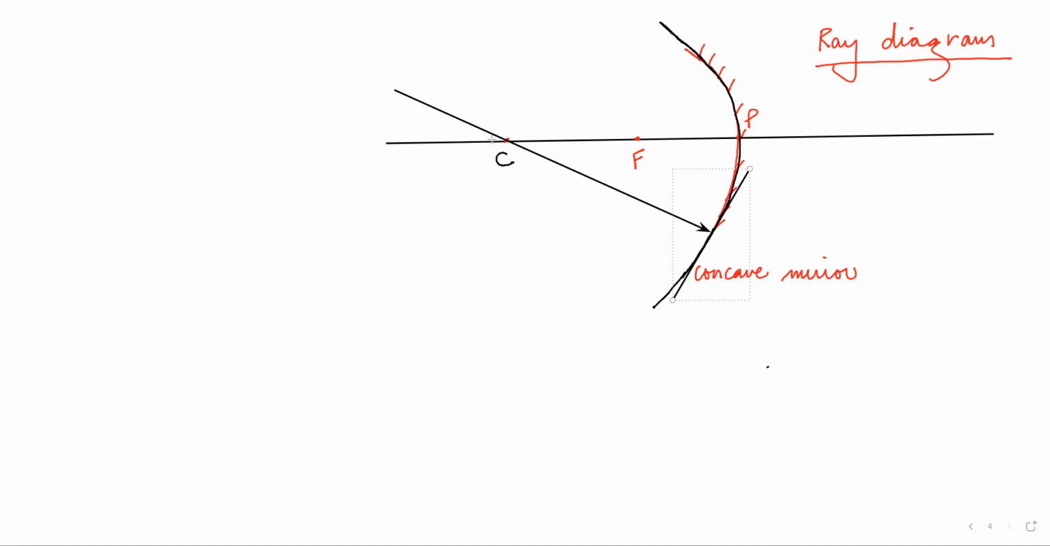Reflected angle will also be 0. That means in the same direction, the ray will be reflected. Students, we have seen all the cases, how the ray will be reflected in case of concave mirror. Am I right? Now, students, we will take the case of